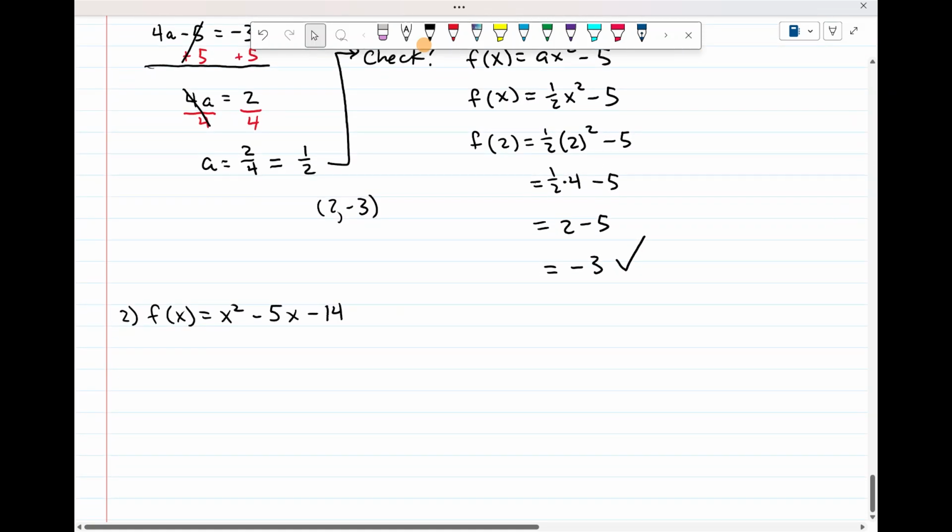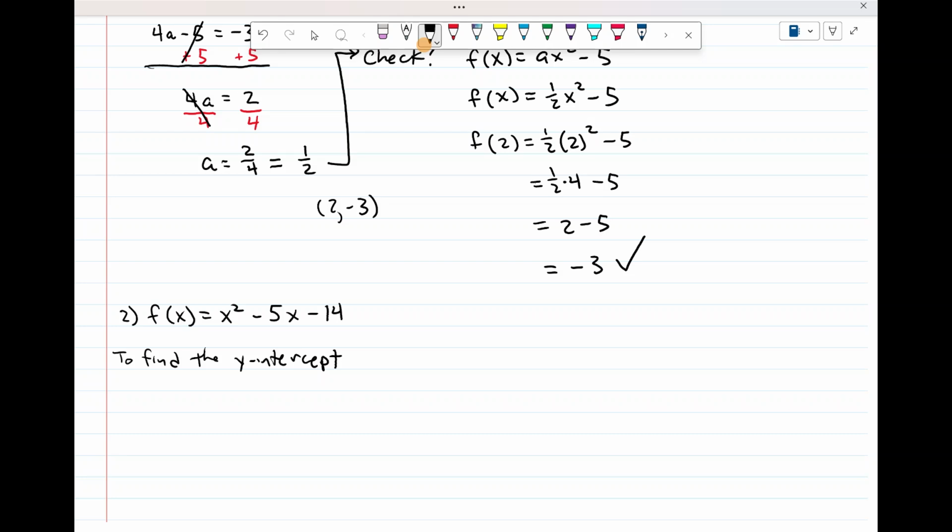All right, and remember, to find the y-intercept, let x equal 0 and solve for y. And remember, y is really the same as f of x. So in this case, what I'm really doing is I'm going to find f of 0. So I'm going to plug in x equals 0,